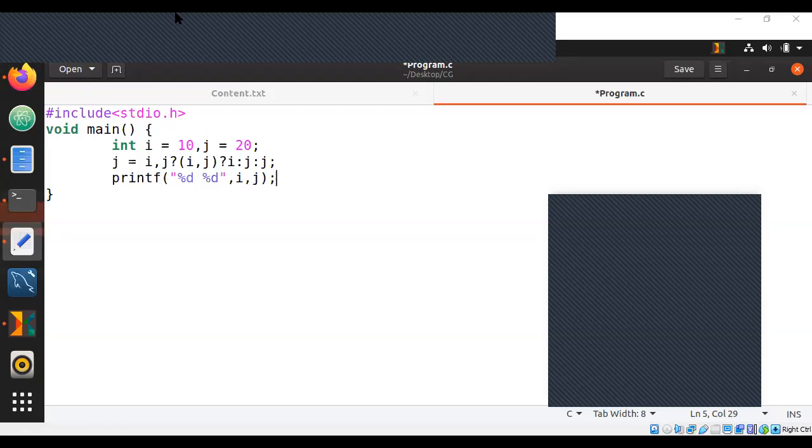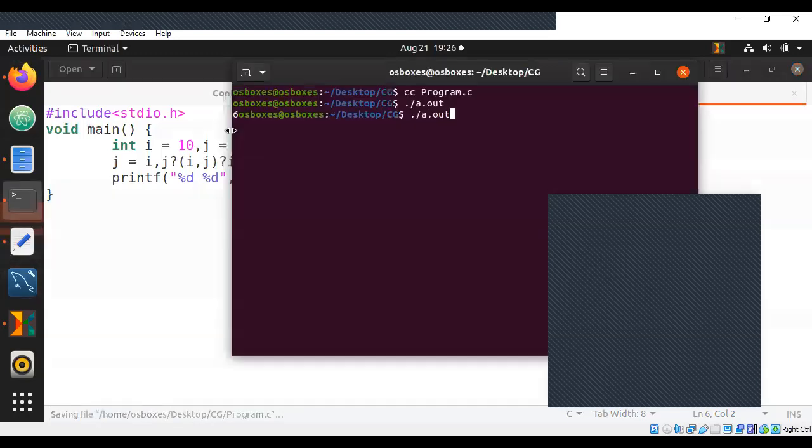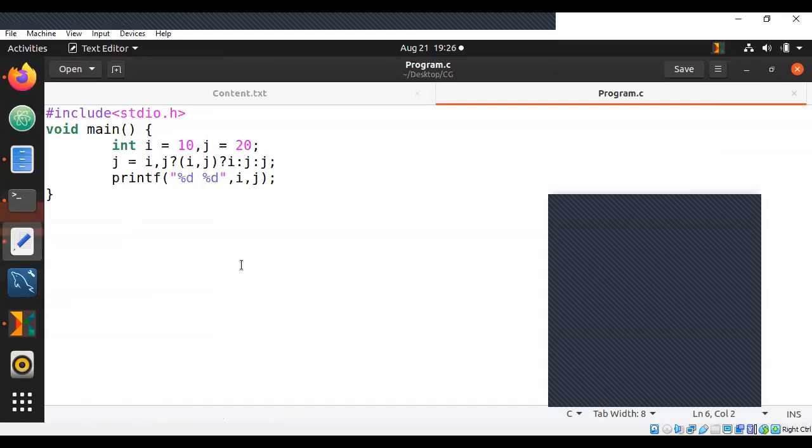Okay, I'm getting a lot of different answers, 10 and 400, 10 and 10. 10 and 10 is absolutely correct. If you have executed this as 10 and 10, it's perfect. So for some who did not understand this absolutely perfectly, observe this. Which will execute first? You have two ternary operators. Will the outer ternary operator start first or the inner? Of course, the inner ternary operator starts first.